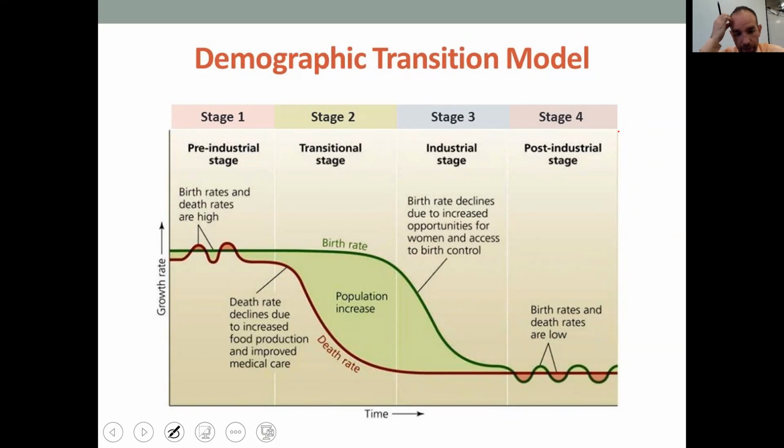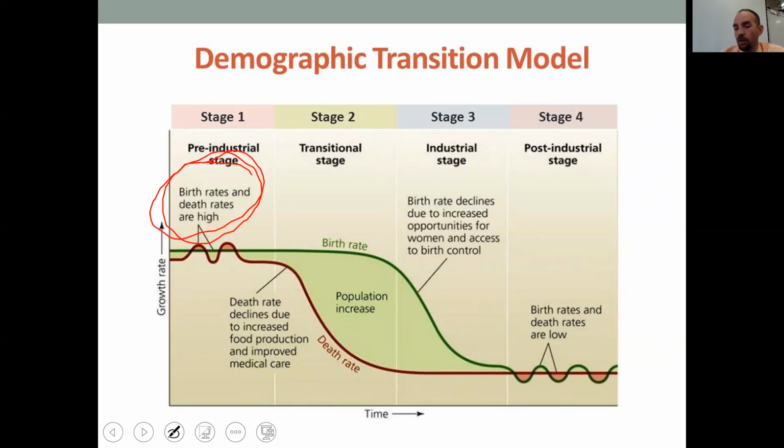But let's take a country that is not developed yet, right? Completely pre-industrial. So their birth rates and death rates are very, very high, right? So their TFR is up over 5, and a lot of their children are dying very early, before they can have children. Now what happens is better medicine,